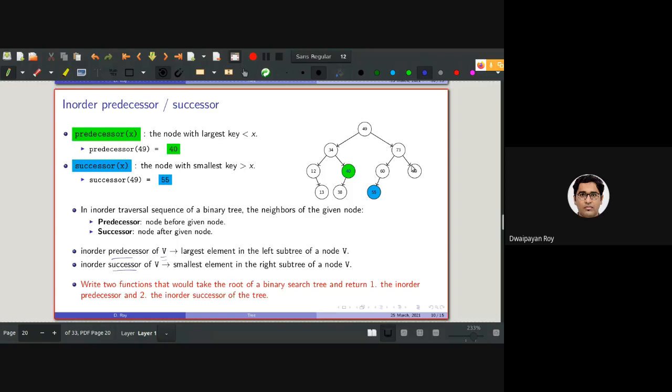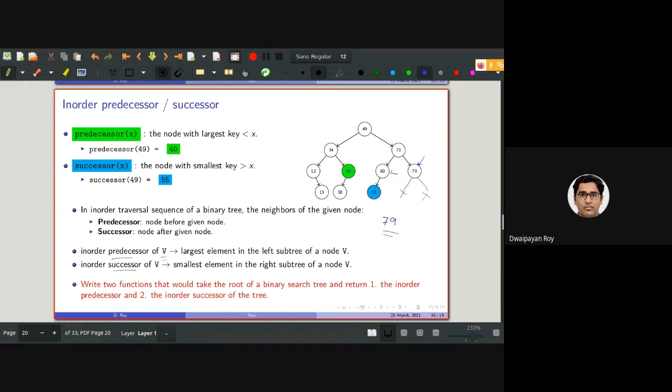Another thing: if I consider 79, what is the in-order predecessor and what is the in-order successor of 79? Anyone? For leaf nodes, there is no in-order predecessor or in-order successor, as there is no left subtree or right subtree.